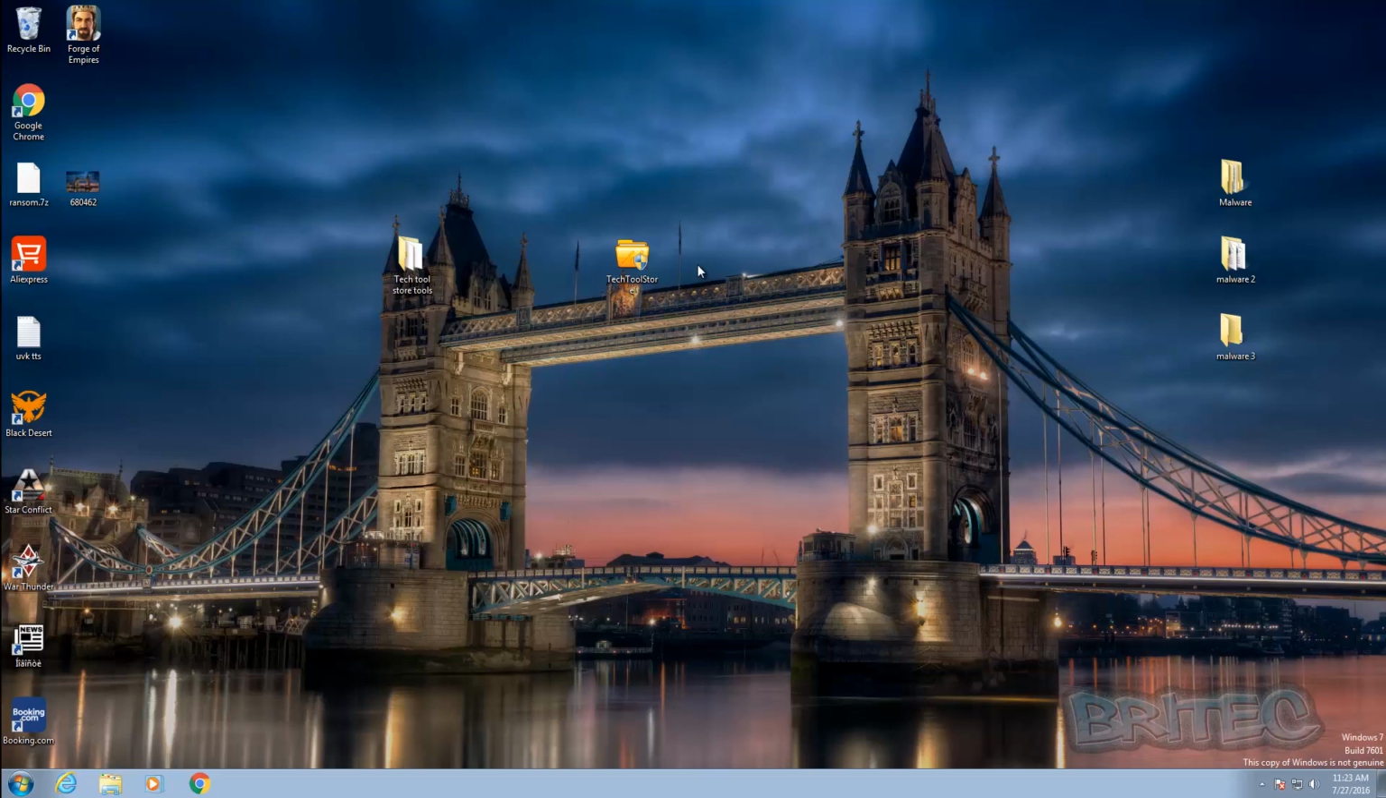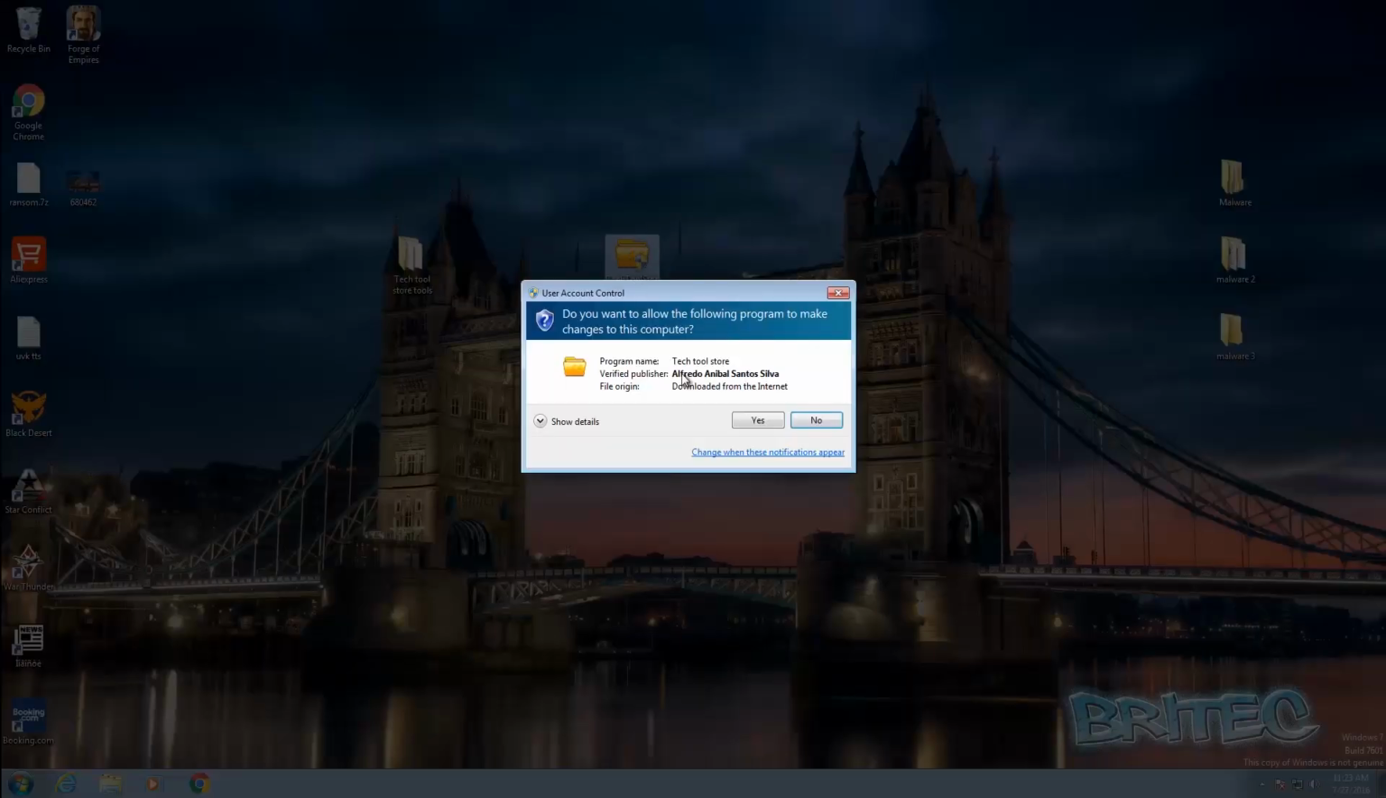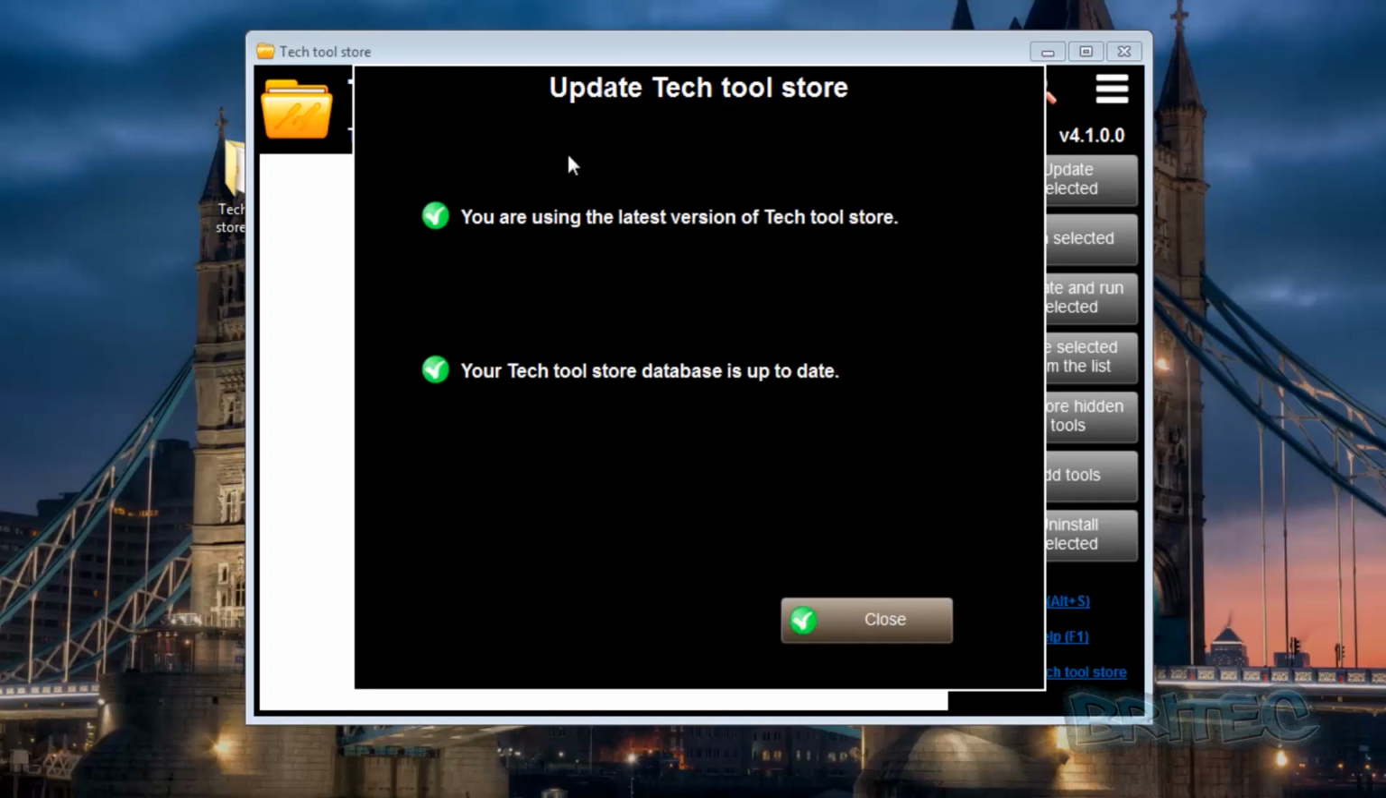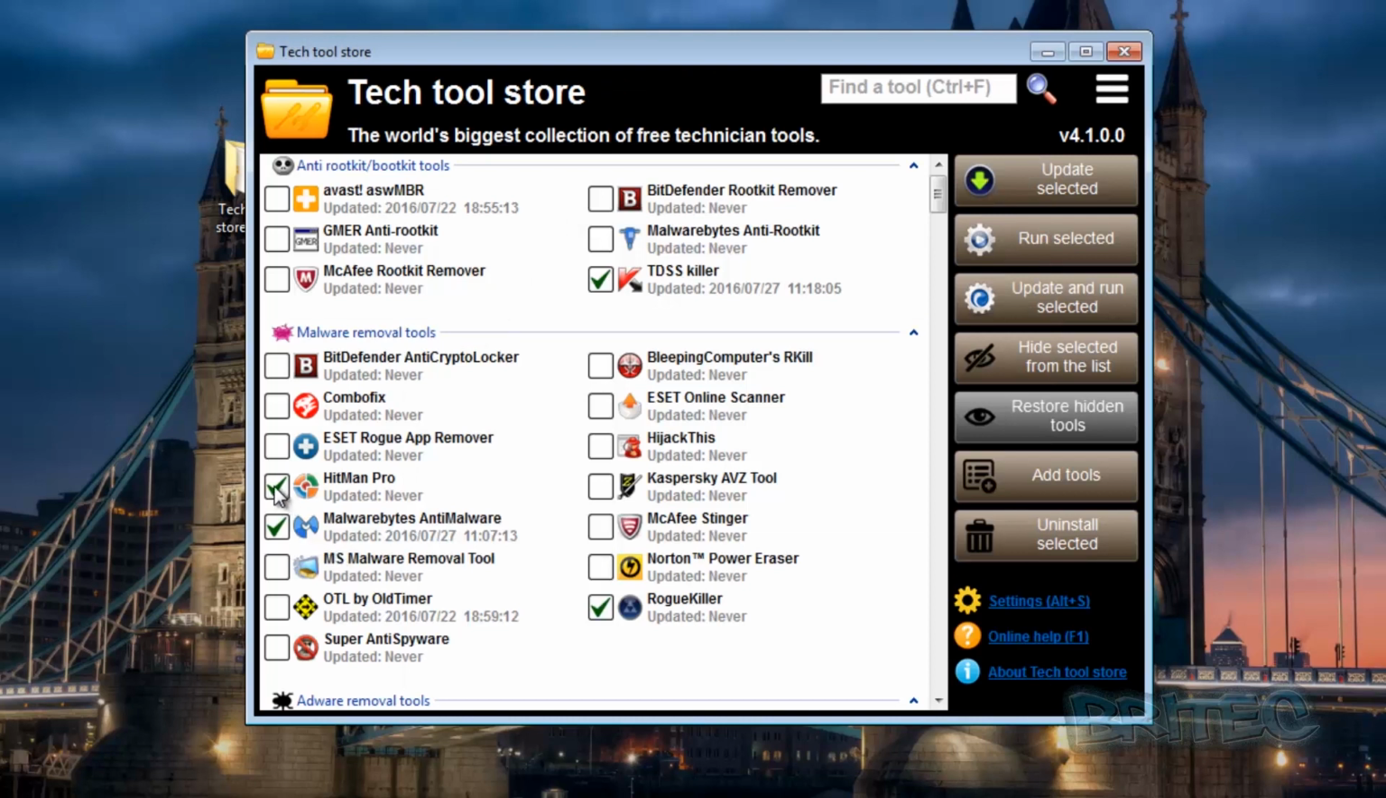So what we're going to do is, I've already infected this system, what we've got on our computer here, and we're going to be running Tech Tool Store. So just open up Tech Tool Store here, and we're going to try and show you some of the tools that you can use to remove malware. Now this is not going to be a full-blown, start to finish type video. That will take far too long, but you'll see basically some of the tools that we can use to remove